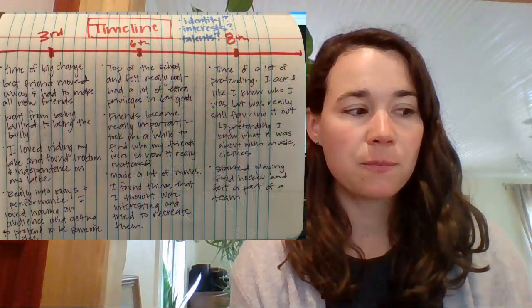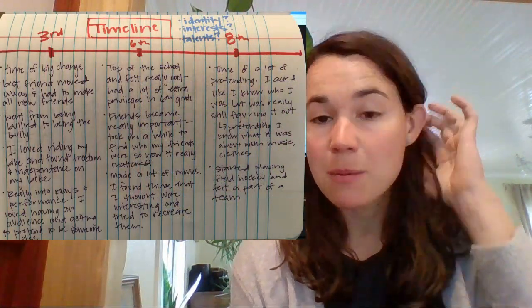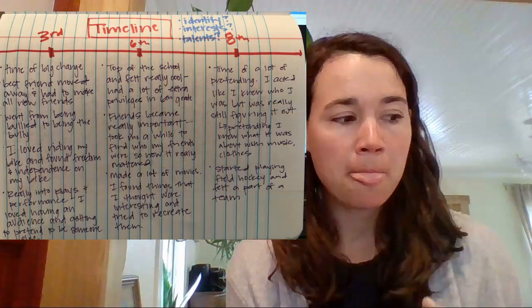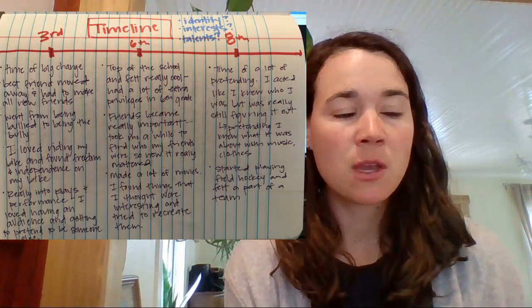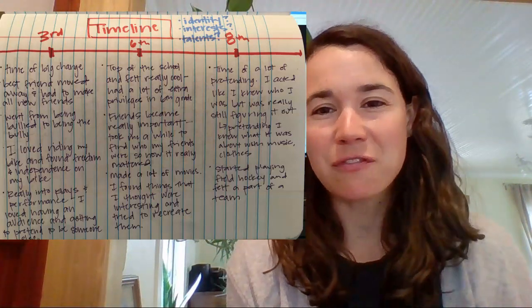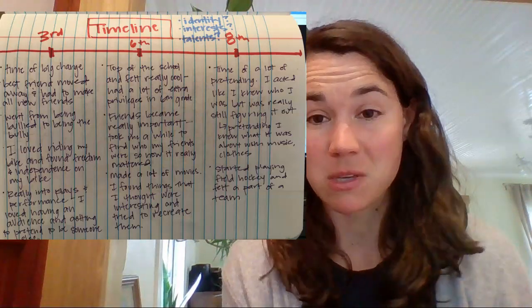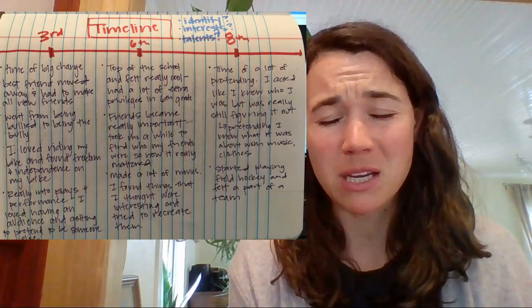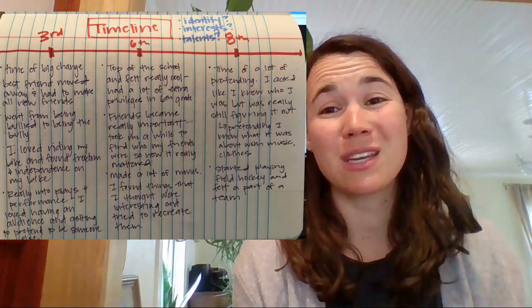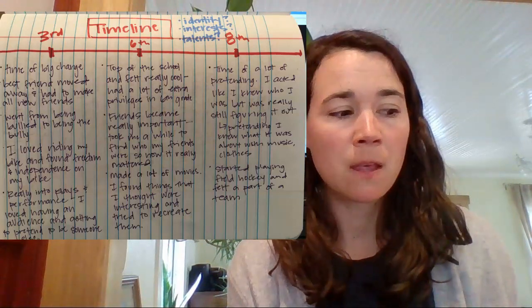So here's my timeline. When I was in 3rd grade, that was a time of really big change for me. My best friend had just moved away, and I had to go through the process of making all new friends. And I kind of fell into a group of girls that just weren't very nice to me. So for the first couple months of 3rd grade, I was really bullied. I was kind of picked on. And then I went from the kid who was being bullied to the bully. I was the one who was doing the bullying.